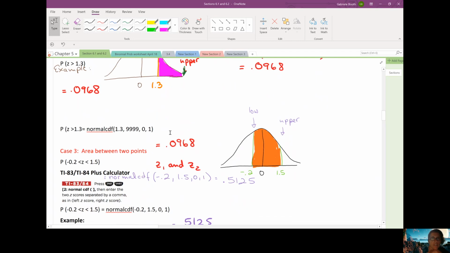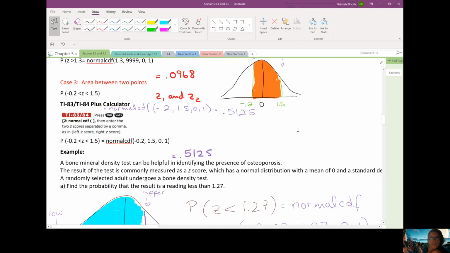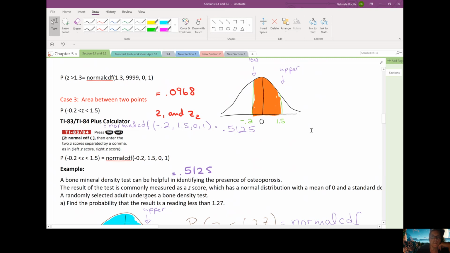There you have it. Case 3, area in between 2 points, probably the easiest one. Normal CDF, we don't have to deal with 9,999. Your lower bound in this example is negative 0.2, comma 1.5, comma 0, comma 1, enter, done,